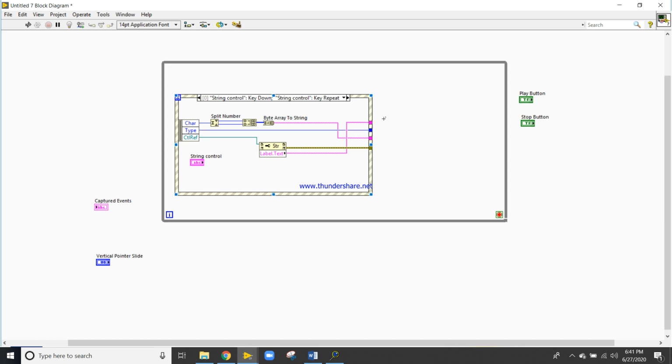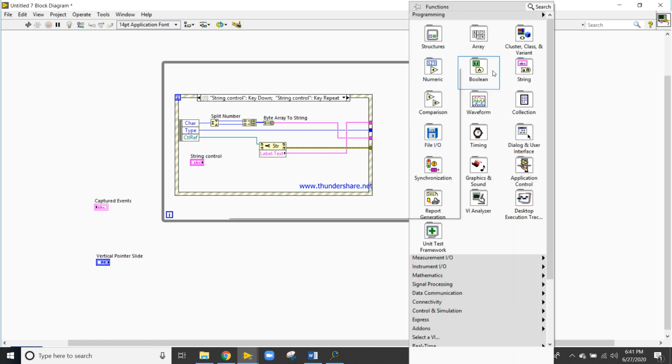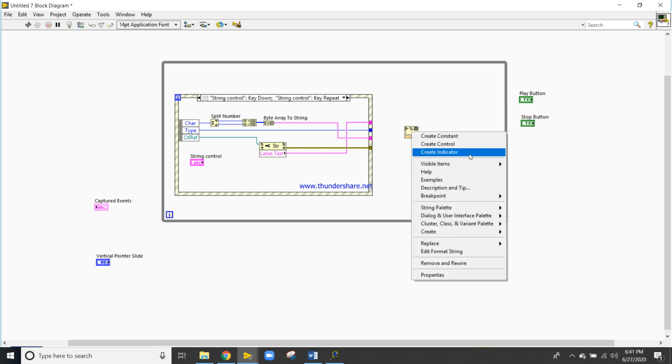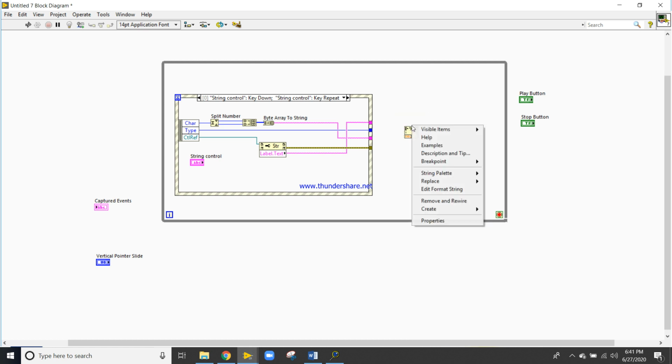Now right click here, come into the String palette, take the Format Into String function. Right click here, create constant %s.